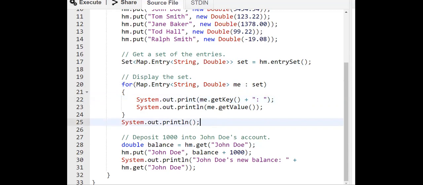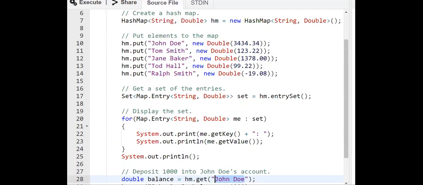After printing it, if we want to change the value of any entry in the map, we can do it like this. First, we use hm.get with the key we are passing over here, John Doe.